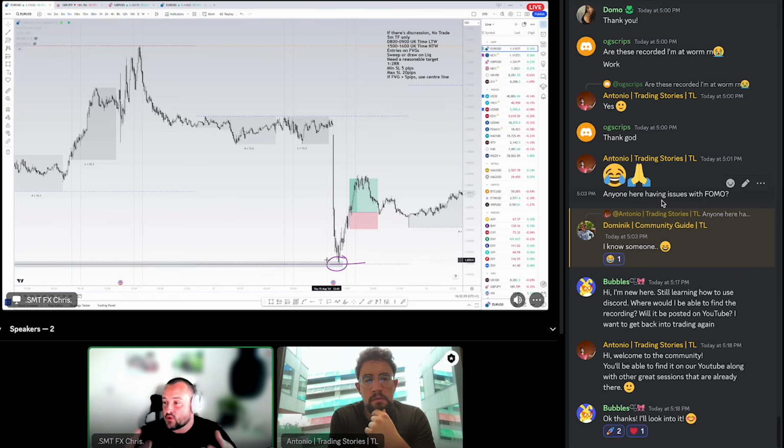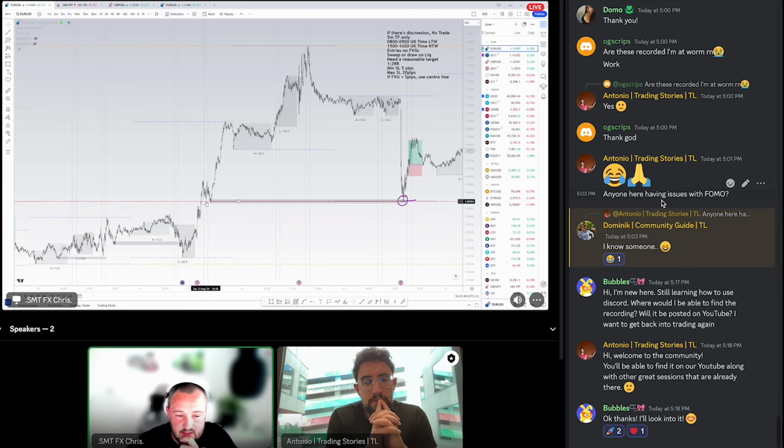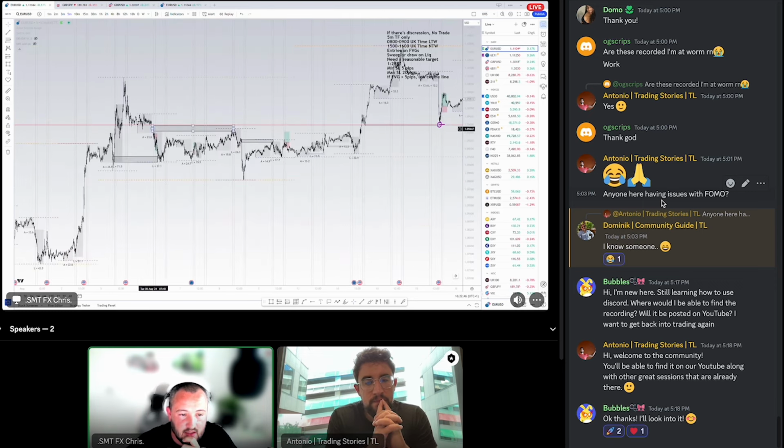For those of you that maybe don't like the idea of SMC, order blocks, supply and demand zones, all that sort of stuff, this is also a support and resistance level. So we can see that price has reacted from a support and resistance level. If we place this on here, we can then zoom out and start seeing that price has actually been quite sensitive around these areas.